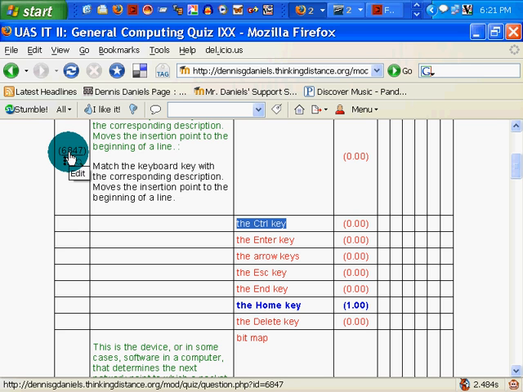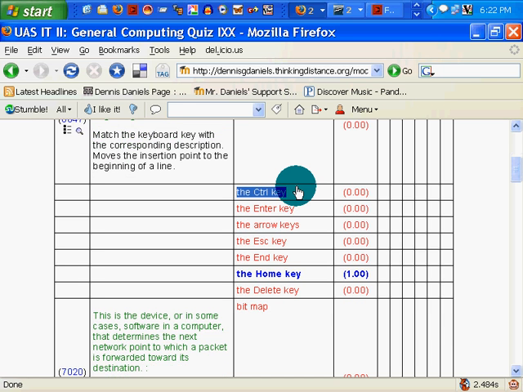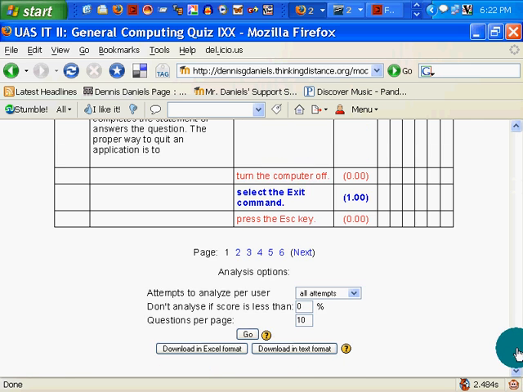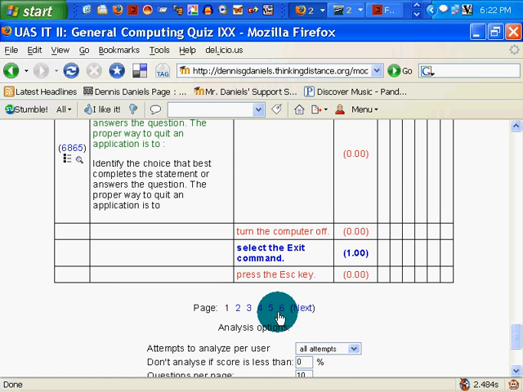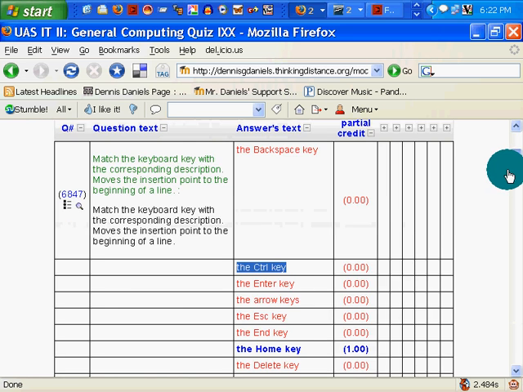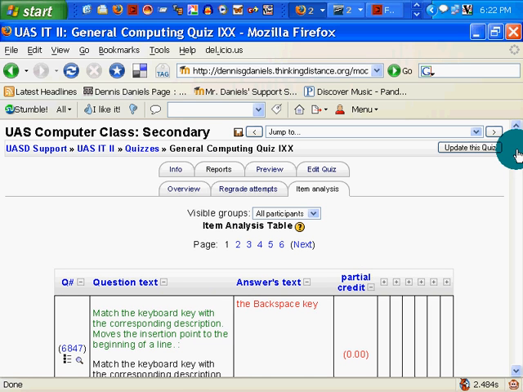I can go to this question here and edit it and add the feedback, but I don't want to be doing that because I've got, as you can see, quite a few questions. In fact, I have well over 60 questions that could, in fact, require feedback. So much like the quick grading, actually, maybe that would be a good example. Much like the quick grade feature in the assignment module,